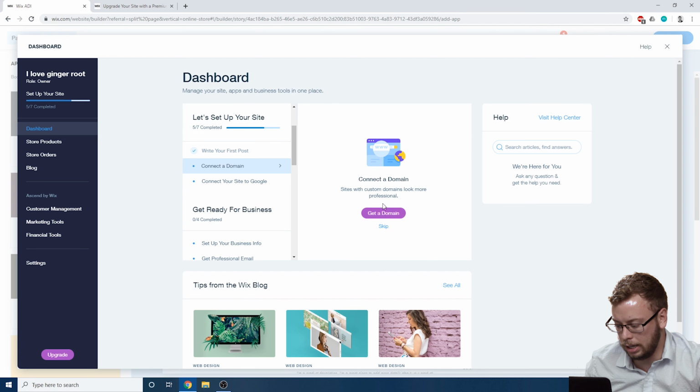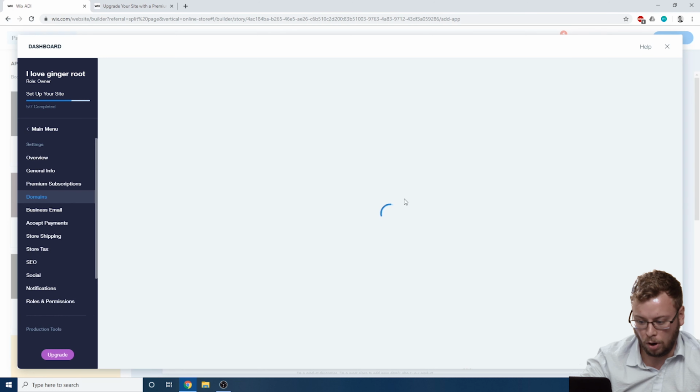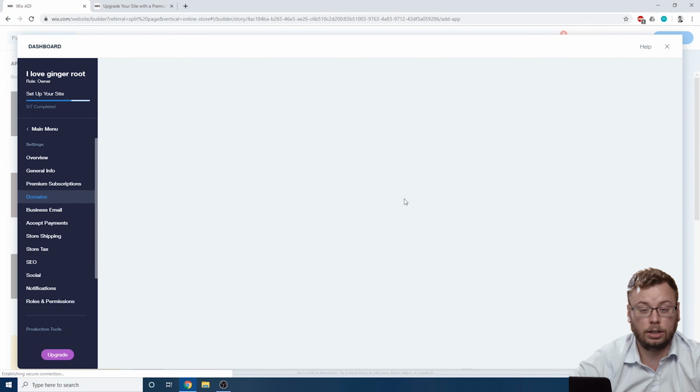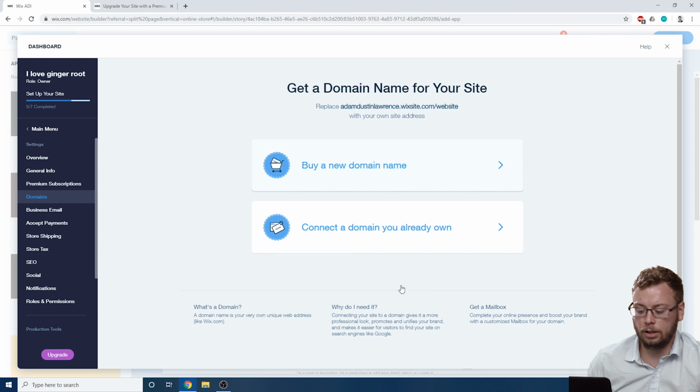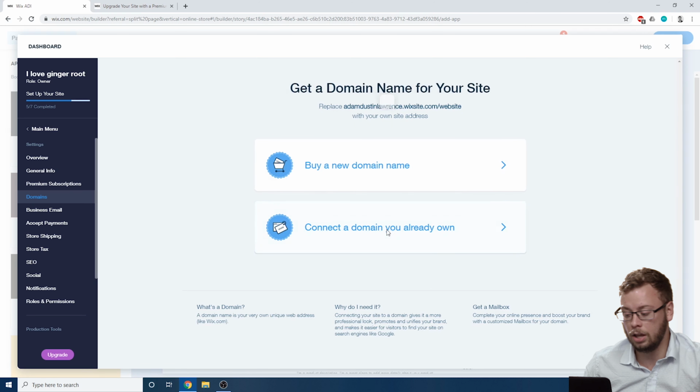So if I'm going to click get a domain, one of the prompts I'm probably going to get is setting up a domain through Wix, which I'm not going to do. But you also have two options. You can buy a new domain or you can connect a domain you already own. So what I'm going to do,